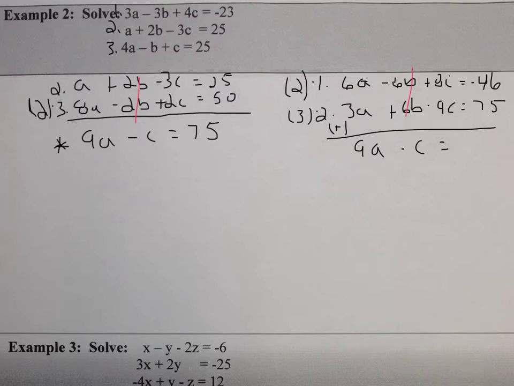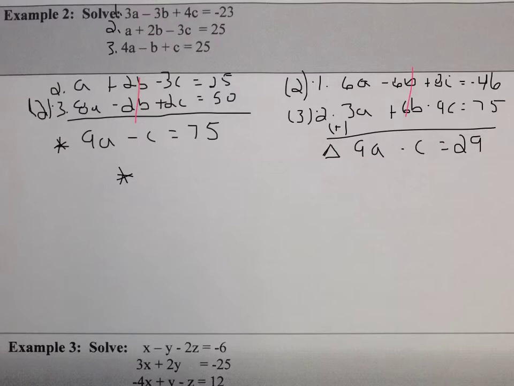75 minus 46 is 29. All right, so I'm looking at 9a. I'm going to call this triangle. That's equation triangle. So I'm going to take star and triangle, and I'm going to see what variable I can eliminate. So if I have star,